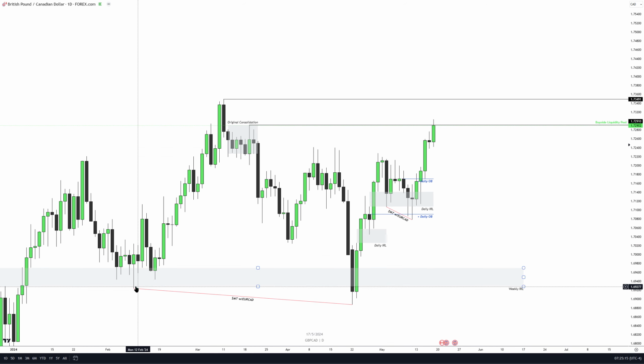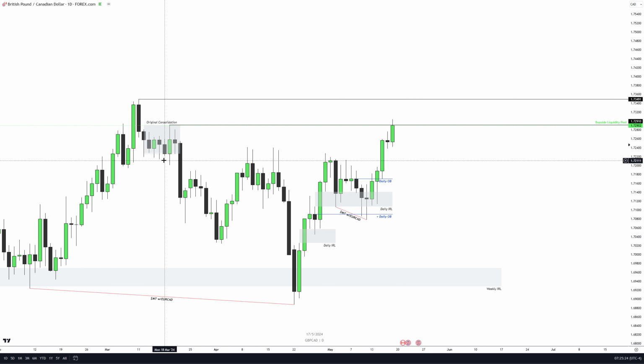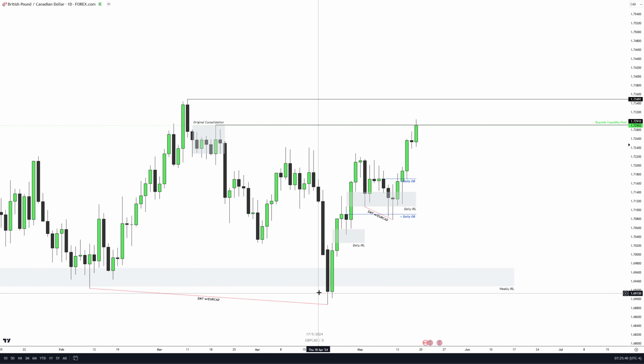So off of that turtle soup or smart money reversal of a market maker buy model, because I have framed this as the original consolidation. Now why this? Because we can see that all the bodies of these daily candles are relatively close together and they are small bodied candles. Now we can see that the sell side of the curve was formed here, and when price purged this low,